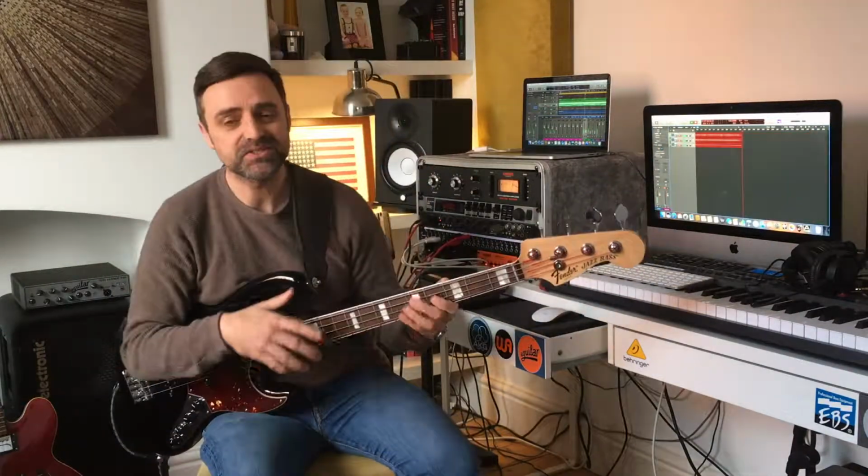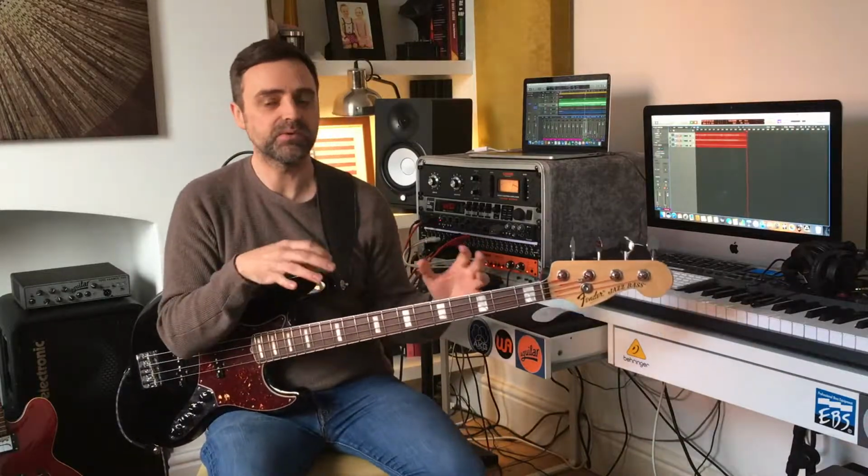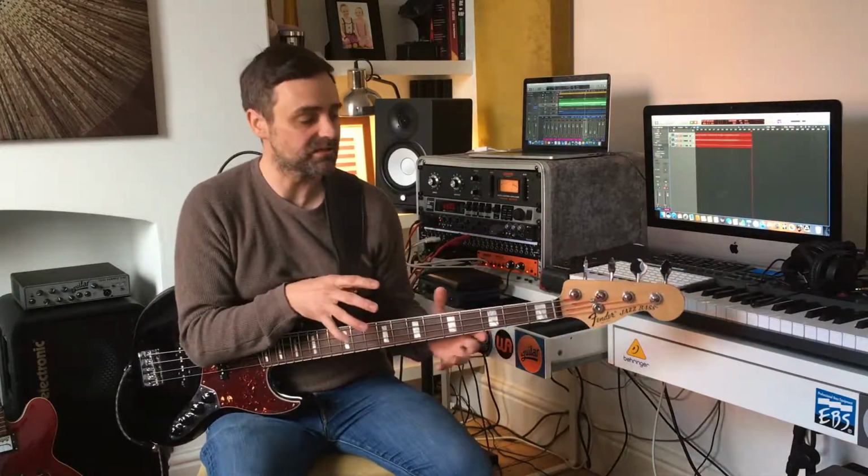And there we are. So that's just the development on groove. Obviously we went into quite a complex area there, which we will look at in other videos. So if you want to find out more about these bass playing styles and the techniques behind how to play these sorts of bass lines,